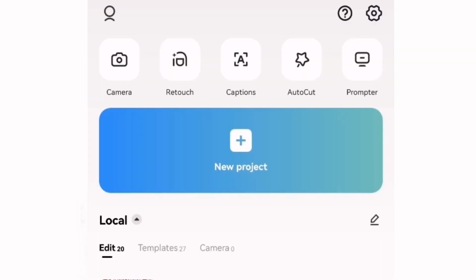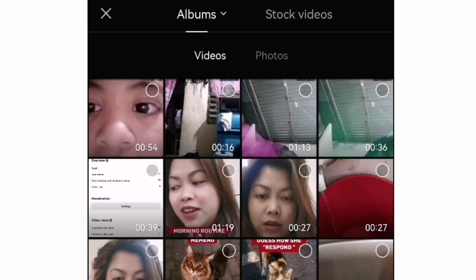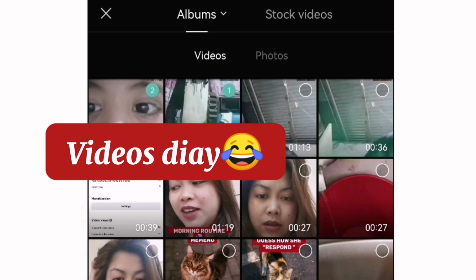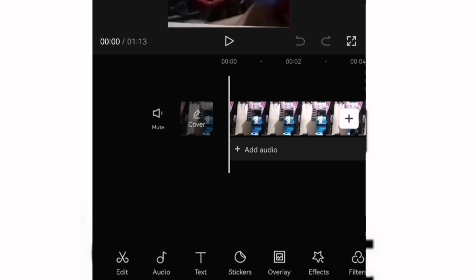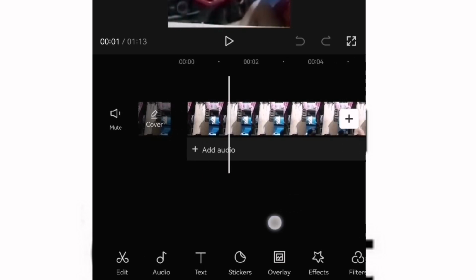Then, once you press it, that's a new project. Press the new project, okay? Which one do you want to edit? Like for example, this one, I'm going to edit it. I'm going to upload two videos, like that. Then, we're here. After that,